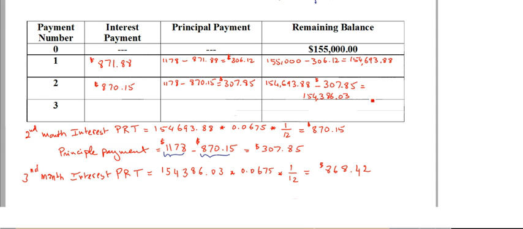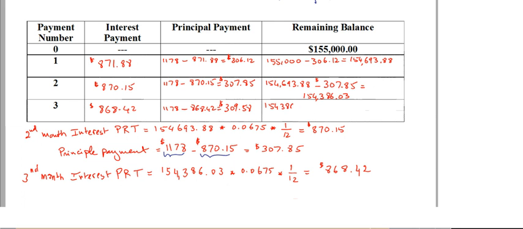154,386.03. And now the next is for the third month interest. We do exactly the same. Whatever we have here, 154,386, the principal, the remaining balance, multiply by the rate, multiply by the time, we get 868.42. And now we subtract that from the monthly payment to find out that the amount paid is 309.58. So this is the amount paid for the principal, and therefore the remaining balance will be whatever was here before,